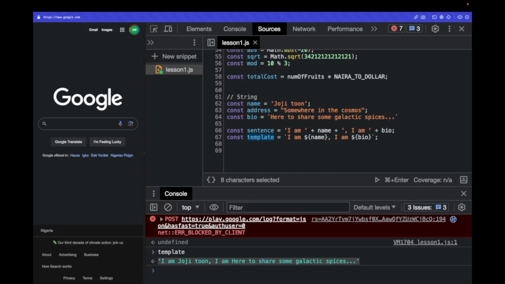We have talked about concatenation, that's using the plus. String concatenation using the plus. So another thing we can do is to use a string within a string. So let's say for instance I want to